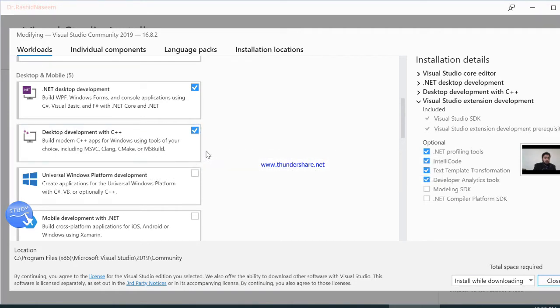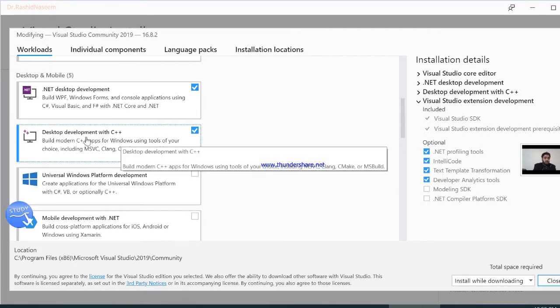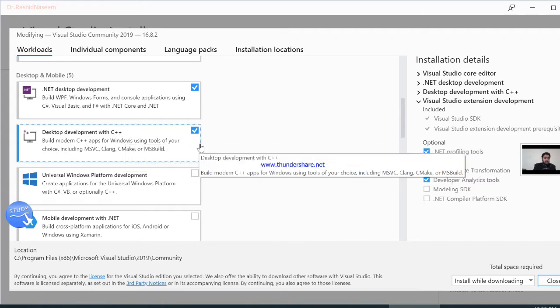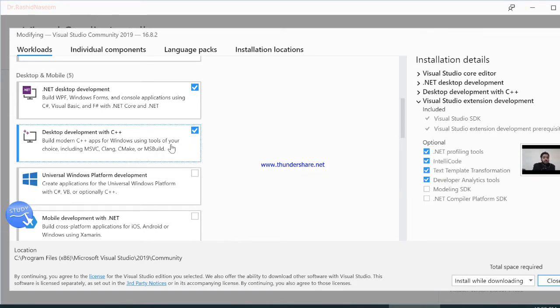Desktop development with C++ is an essential component for our C++ programming, as we will use Visual Studio for developing C++ files, projects, and other applications. So this is a necessary component and should be checked, and then you should click on Modify at the bottom right portion of this window.